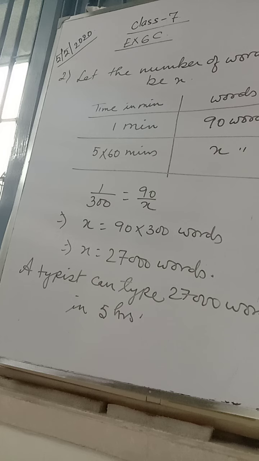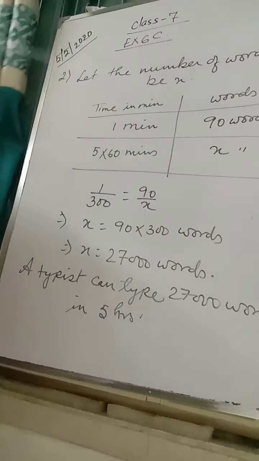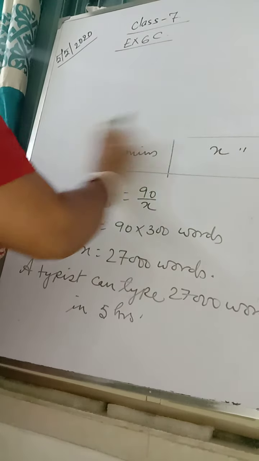Look at question number 3. It says if 9 men can complete the work in 5 hours, how many hours can 15 men complete the same work? Now, the number of men is increasing. So, would the time be decreasing or increasing? Decreasing. Yesterday only I told you, more people, less time, and less people, more time. So, which type of variation is it? It is indirect variation, because the same work which was done by 9 people will be done by 15 people. So the time will be less.